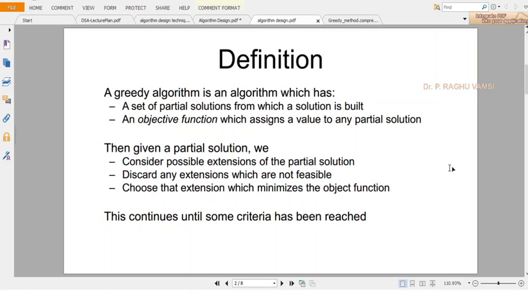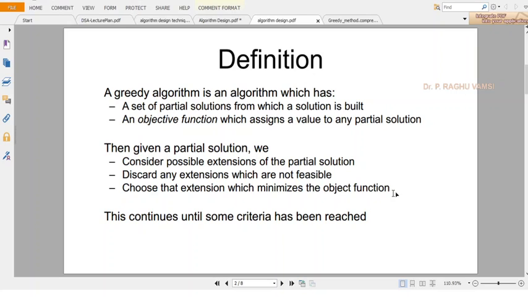Assume that you find that adding the next edge is forming a cycle. Then discard any extensions which are not feasible, because adding the next edge is forming a cycle, so it is not a feasible solution. So remove that edge. Choose that extension which minimizes the objective function. That means choose any other edge which will give you the minimum distance or minimum weight to form the minimal spanning tree. So this is the way you will go for